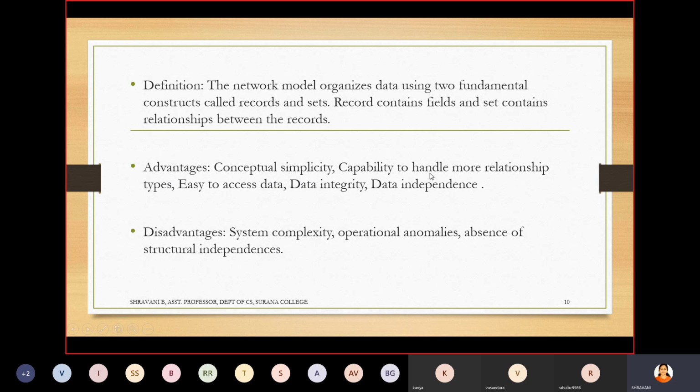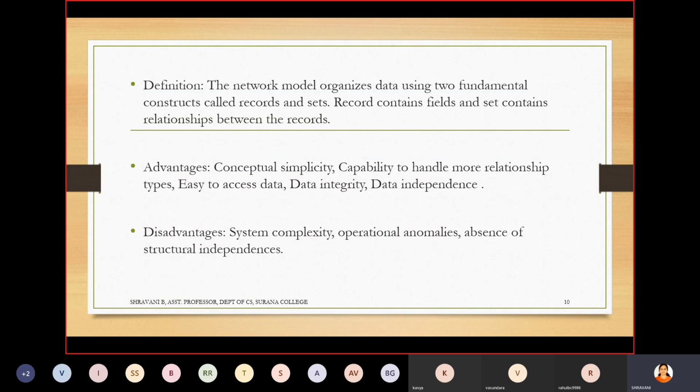Now, the capability to handle more than one relationship type. See, roll number, marks, name is a particular relation. In your mind, you can just have it that this particular data is student data. But when the same student data is connected with his Aadhaar card, he becomes a citizen of India, right?